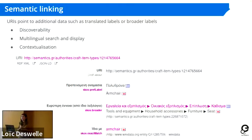And in the end, the URIs point to additional data, such as translated labels or broader labels retrieved from the vocabulary that we are considering. And this advances the discoverability of the item, supporting multilingual search and display, and also